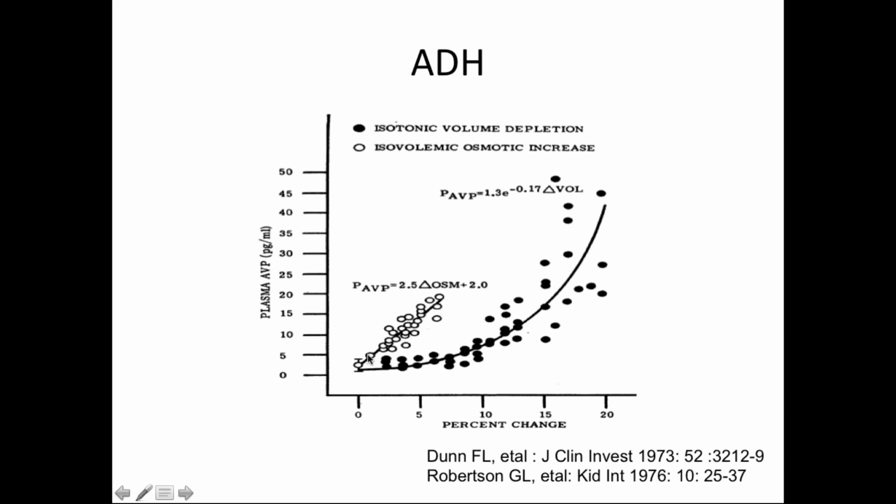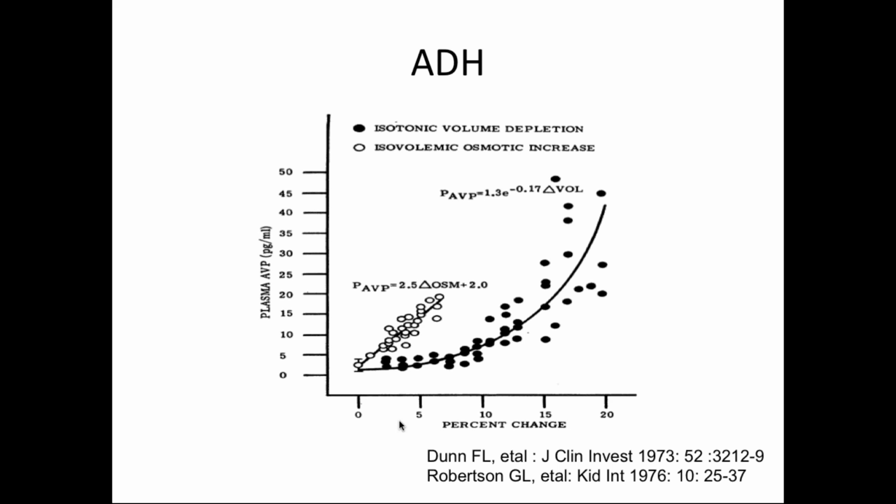As you can see, even small changes in osmolarity within the 0 to 1% and 2% range will cause a linear and significant rise in ADH. In comparison, when you look at volume, for the first 5 to 7% you can continue to lose volume, but there will be no increase in ADH. ADH only goes up once you lose about 7 to 10% of volume,